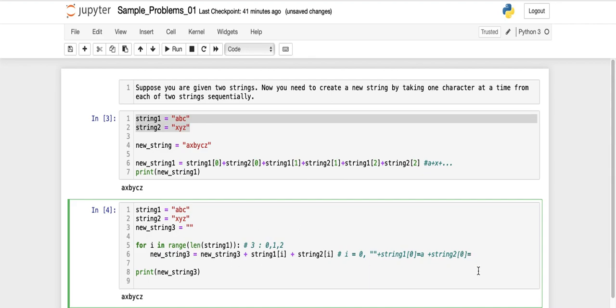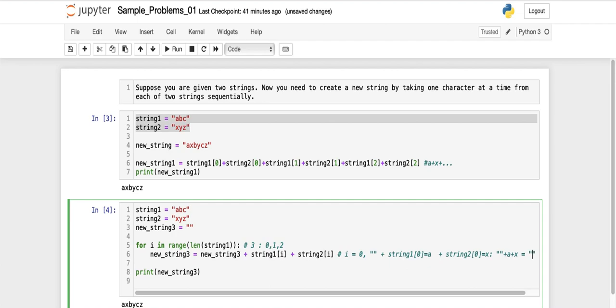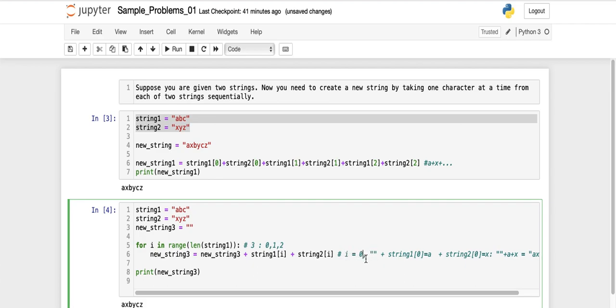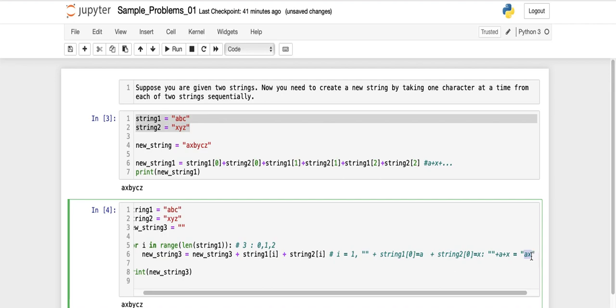It will give X. After concatenating, it will give us the empty string plus A, then X, so A, X. Similarly, when the value of i is 1, our new string has stored the value AX, so this time